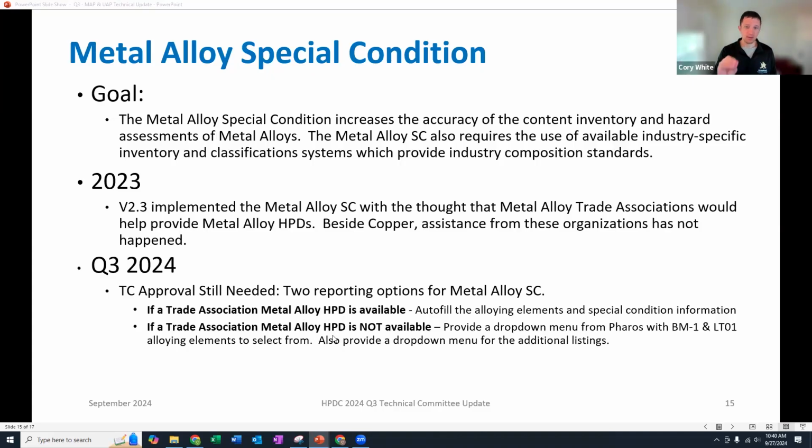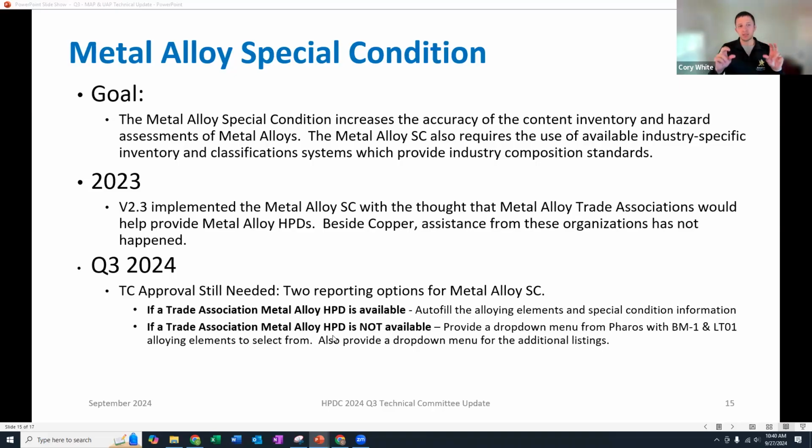And it's going to be really, really important that the special condition is used, because as many of you know, a lot of the metal alloys have a BM1 or LT1 green screen score. If you use the traditional reporting methodology, that's going to show up in your summary of BM1, LT1 products or substances.